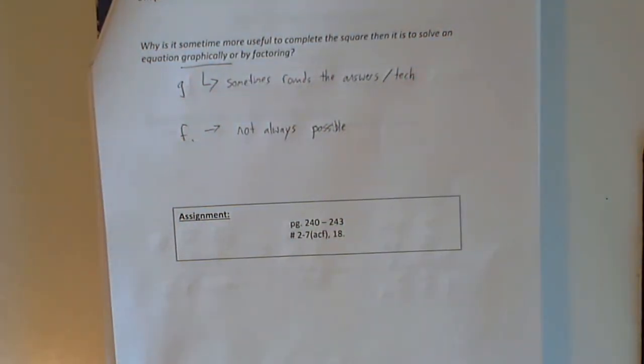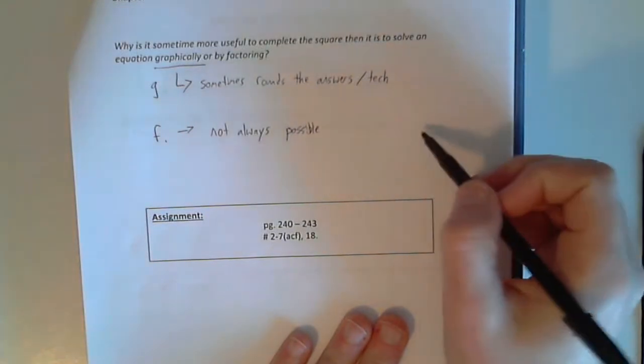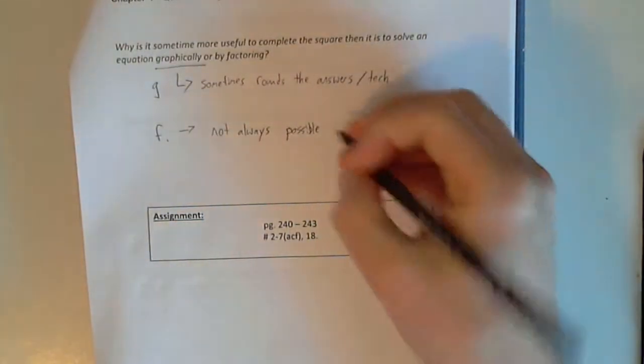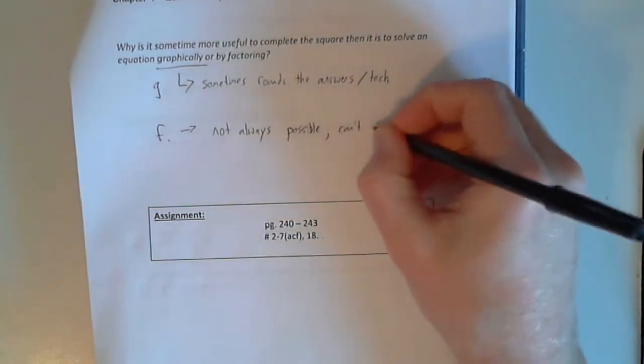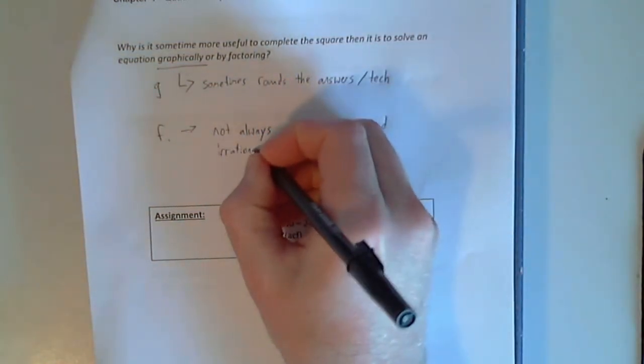Not always possible to factor to get to the solutions. If the solution is going to be an irrational number, if it's going to be like a square root where you shouldn't actually simplify it, then I don't think you can actually get to that by factoring. I think factoring can only find rational answers. In fact, yes, I believe that is always going to be the case, because there is nothing to square root when you have it in factored form. You can get to whole numbers and you can get to fractions easy enough, but you can't get to irrational numbers. So it can't find irrational solutions,